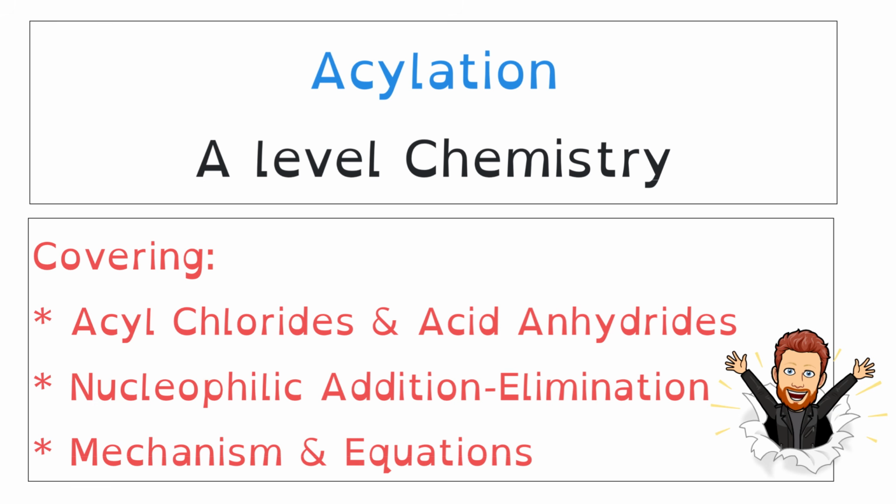Hello and welcome to this A-level chemistry video about acylation. In this video, I'll start by looking at acyl chlorides and acid anhydrides, which are the chemicals required for acylation. We'll spend the majority of this video focusing on the mechanism of nucleophilic addition-elimination and also the equations for the